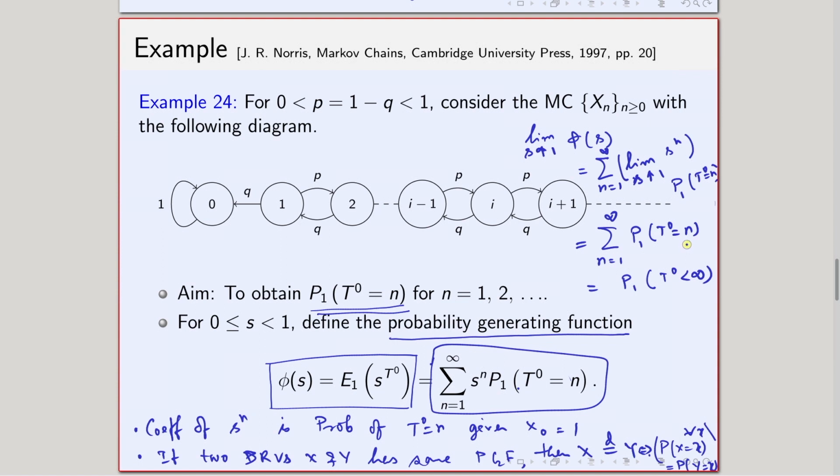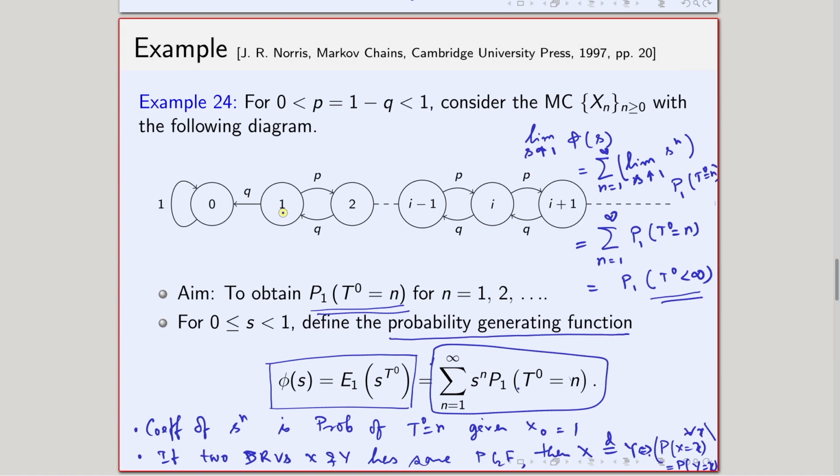I am summing the probability of these events, so that is nothing but P1(T0 < infinity). Taking this limit, I can also find the probability that in finite time I will hit state 0 starting from 1. Once I find the probability generating function of T0, taking the limit as s goes to 1,